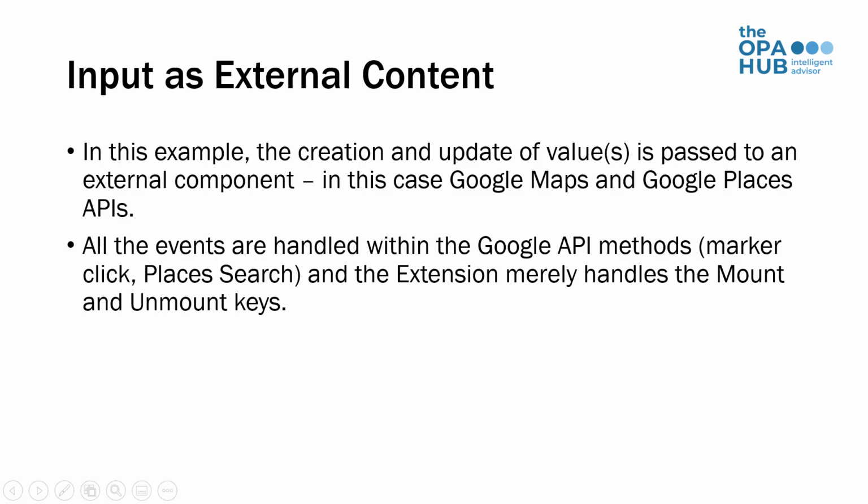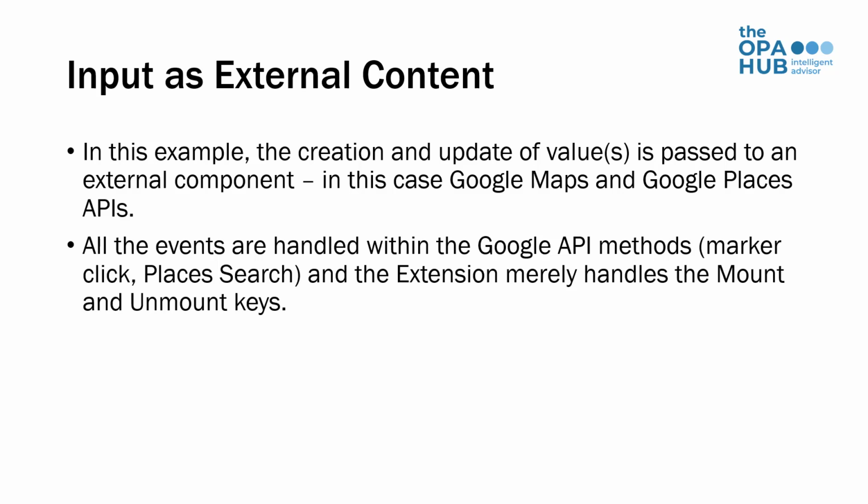In this next example, we're using a completely external setup, meaning that we're going to use external code components, in this case, Google Maps to provide a visual map, and also Google Places API to perform some kind of search on the data. In a sense, we're outsourcing almost everything. We still need to handle, of course, the update and validate, and we still need to mount and unmount our visual effects. But all the other events, such as the user clicking on the map or the user making a search for something, is all handled within the external code. So it's an example of how far you can go